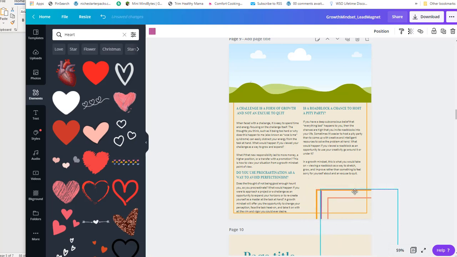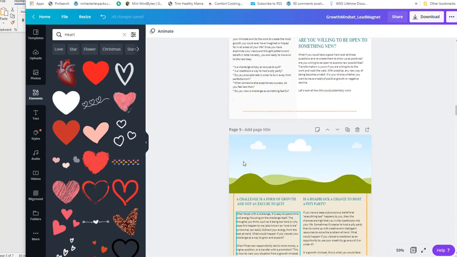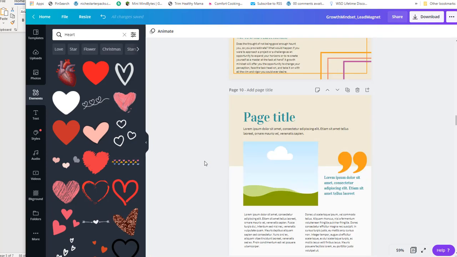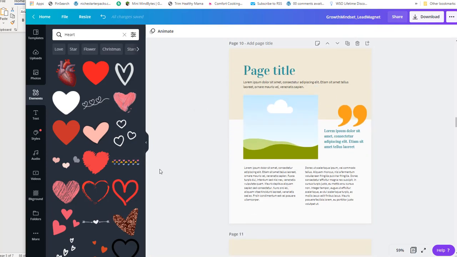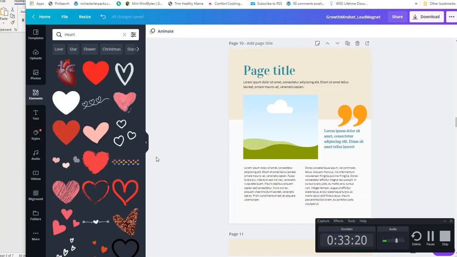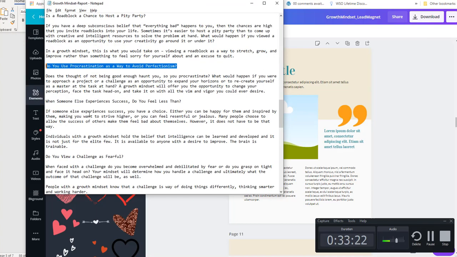So I think it needs to go a little bit farther in the corner so that it's a little bit different. So it doesn't have to be perfect because this whole thing just kind of looks like that. And then what I wanted to do is, okay, so the next one is